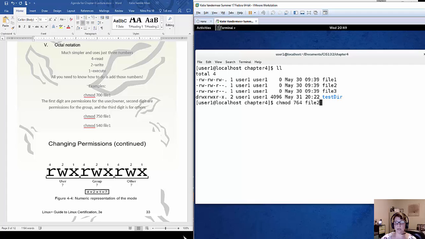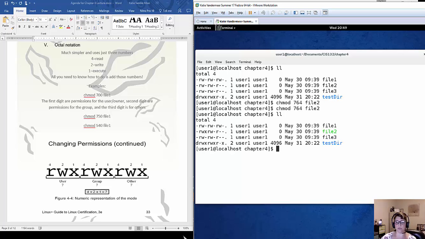And what I want to, oh, that didn't change it at all. That won't change at all because, whoops, if I give them those permissions, oh yeah, it did give the execute to the owner, but now file 2, we are just setting permissions. So the owner now gets all of them. The group gets read and write, which is what they had before, and then everyone else has read, which is